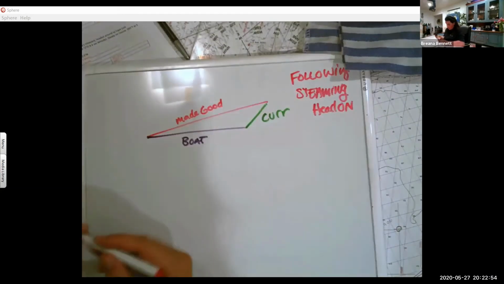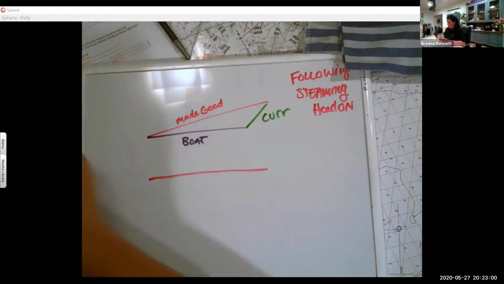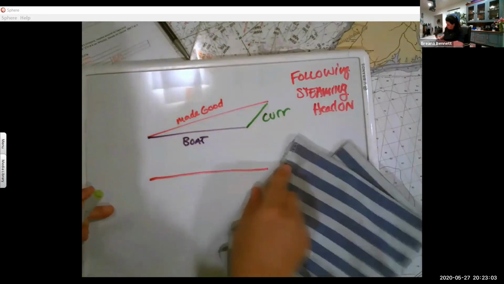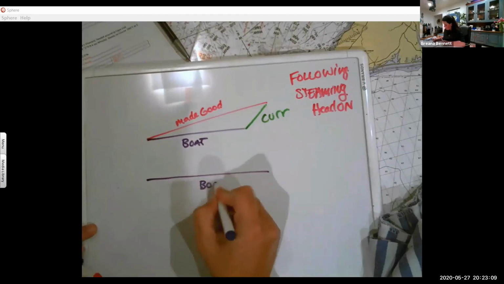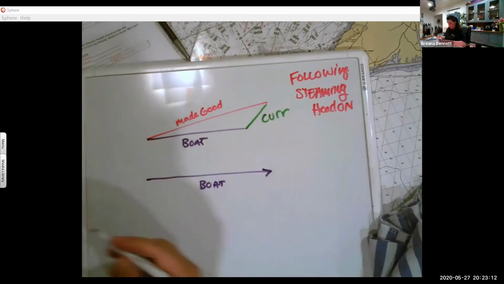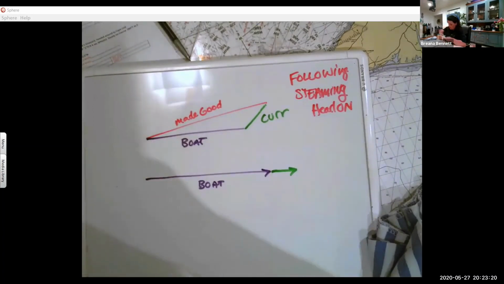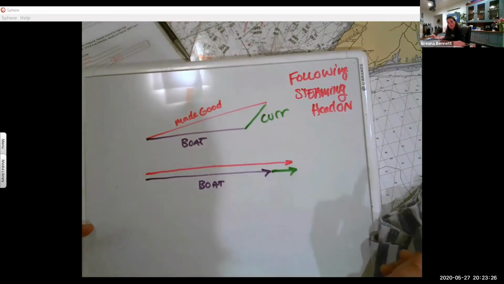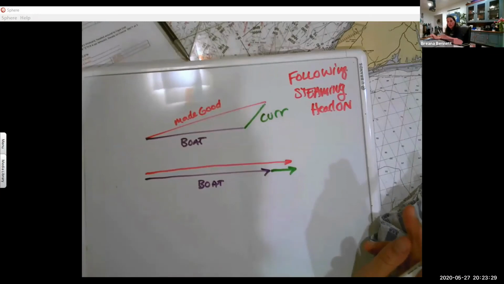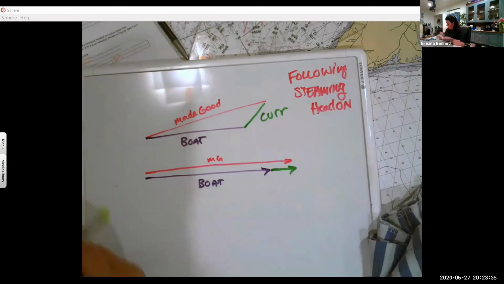So let's draw those out. If we have our made good, or let me start with boat. If we have our boat going this way, and our current also going this way, our made good would be a whole lot faster, right? It's a following current, it's pushing us along. So our made good is really fast. So this would be our